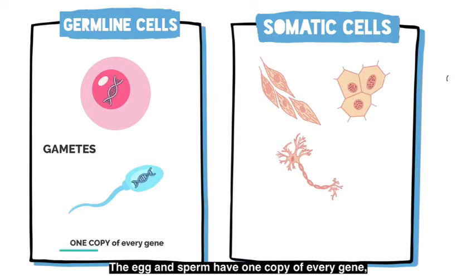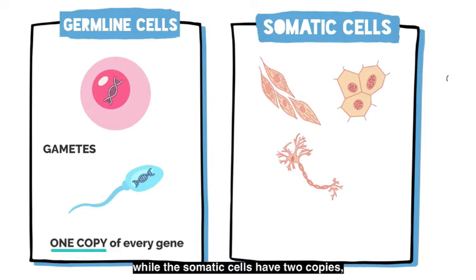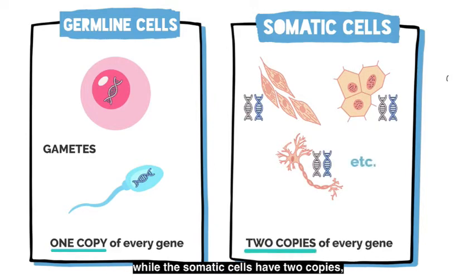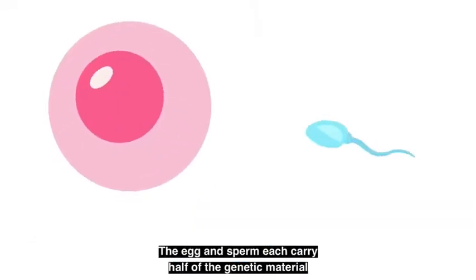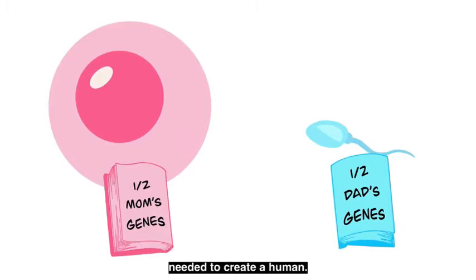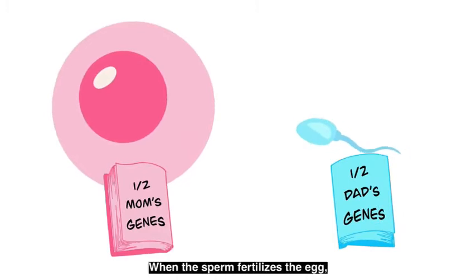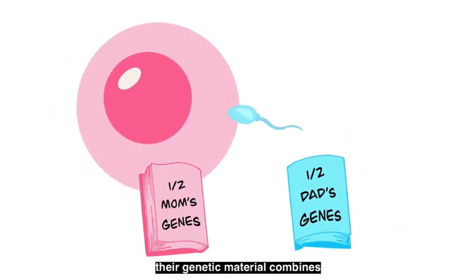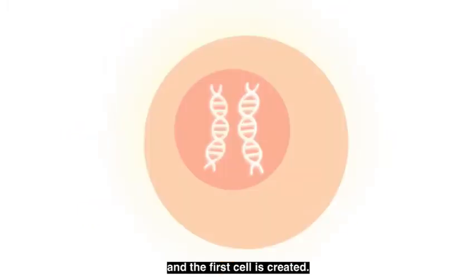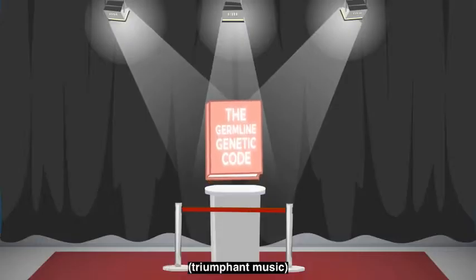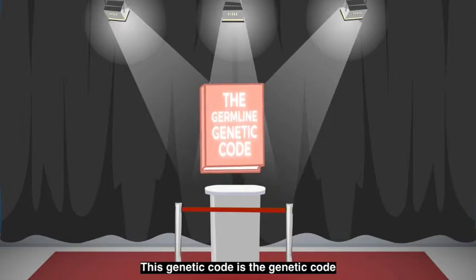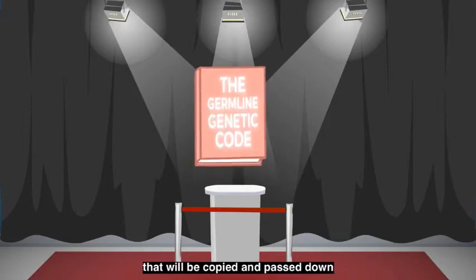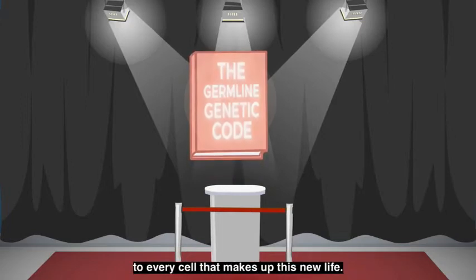The egg and sperm have one copy of every gene, while the somatic cells have two copies, one from each parent. The egg and sperm each carry half of the genetic material needed to create a human. When the sperm fertilizes the egg, their genetic material combines and the first cell is created. This genetic code is the genetic code that will be copied and passed down to every cell that makes up